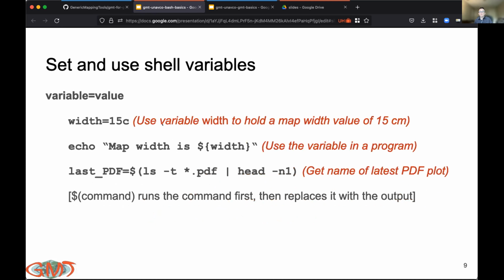The last section we'll cover is setting and using shell variables. And this is done using the syntax variable equals value. So here you're setting the value component, the right side of the equality, to the variable name. As one example here, we have the variable name width, which is assigned to hold 15C. And this character string is an example that could be used in a GMT program to specify the width